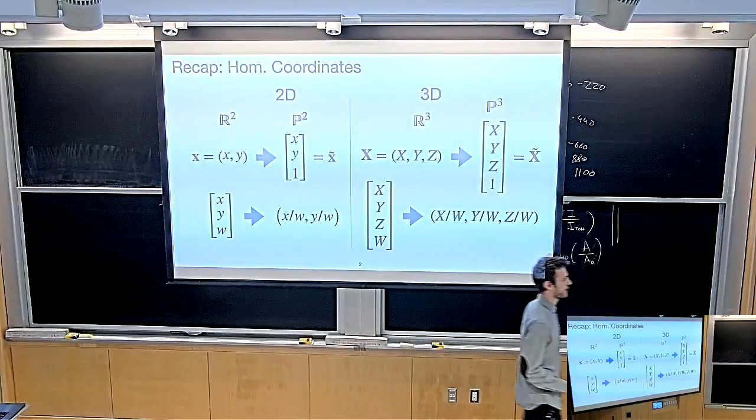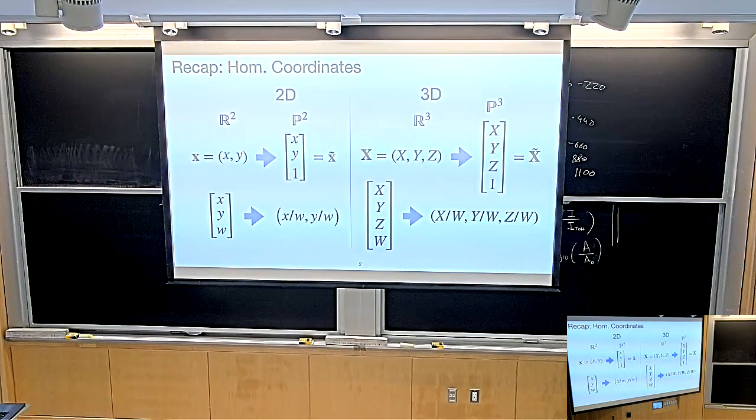It is a recap from last time. Last time we talked about homogeneous coordinates. I hope everyone remembers that. We also introduced some notation. We said lowercase letters are usually pixel coordinates, and we have R2, which is just 2D coordinates, and we can turn it into homogeneous coordinates by appending a scalar 1, making it into an x tilde. That's the homogeneous coordinate, and then we introduced this way of converting them back. And then in 3D, it's the same, just with 3D, obviously.